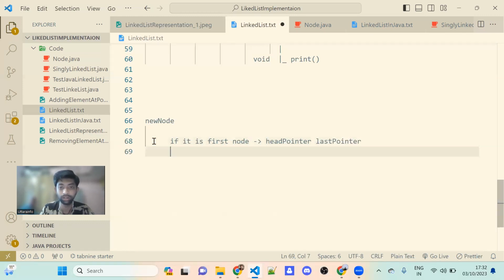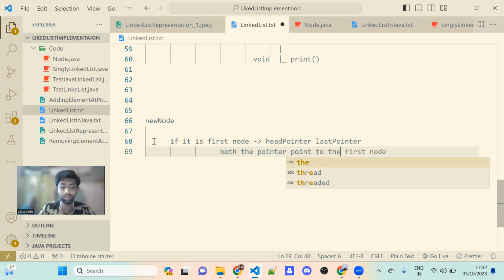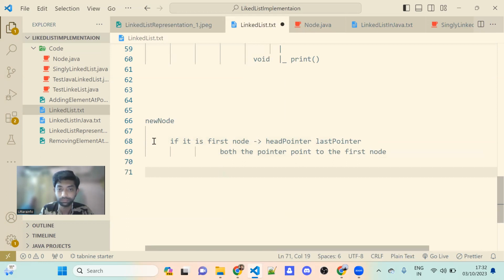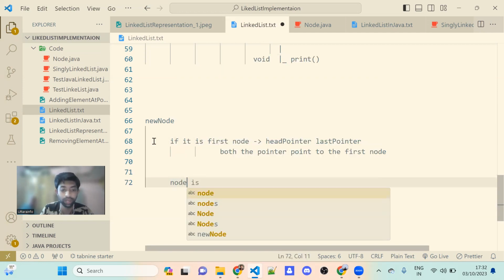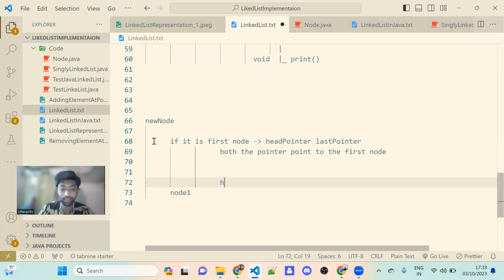Both the pointers point to the first node. This is clear? Yes. If it is the first node. So there is already node 1. Just now you have added node 1. Now, where is head pointing to? Node 1. Yeah, head pointer and